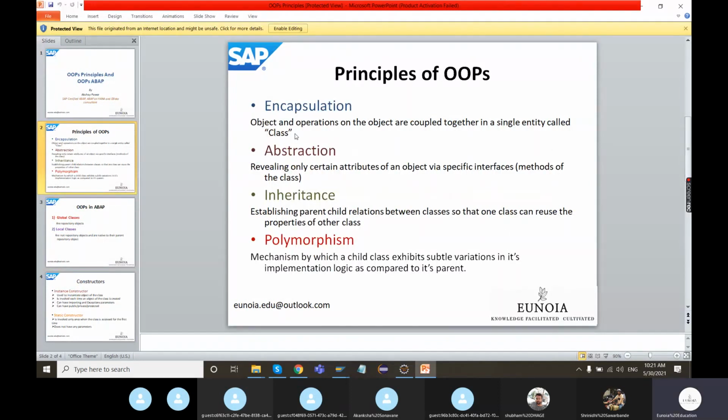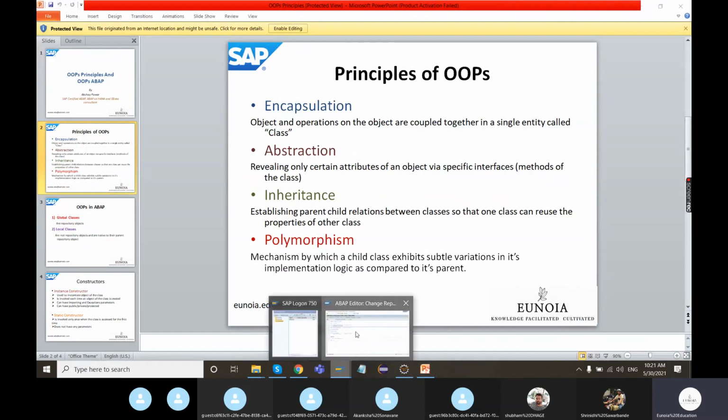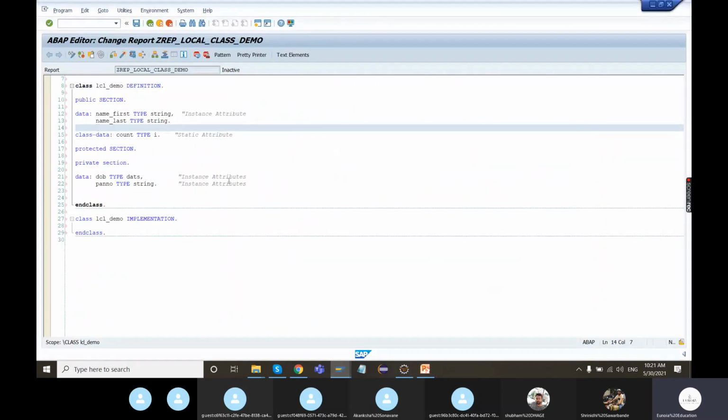So far we have created the class and the data objects that need to be manipulated, but we have not defined the operations. Whatever instance attributes and static attributes you have created are your data that needs to be manipulated, but how it is to be manipulated, we have not yet defined.